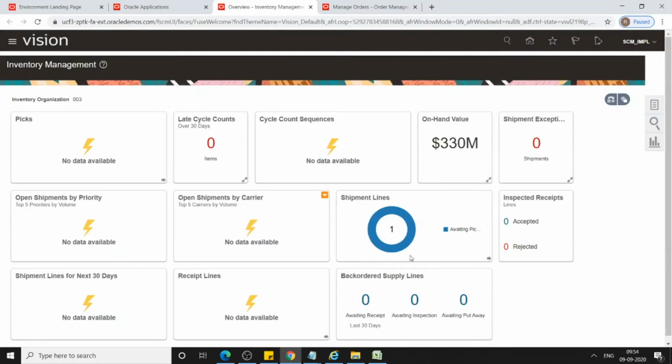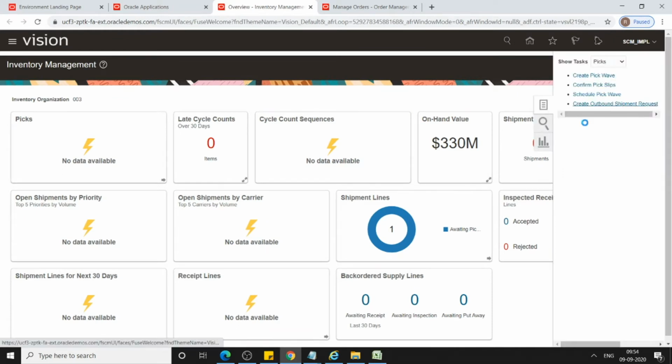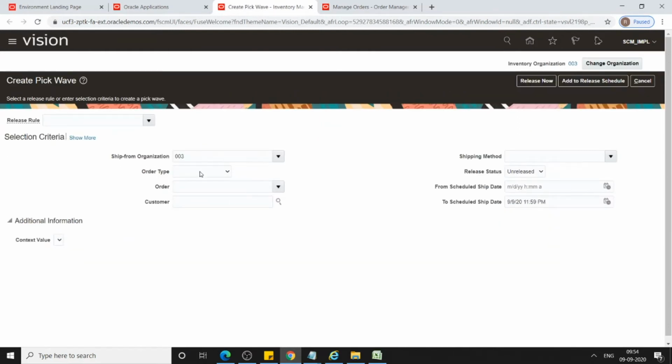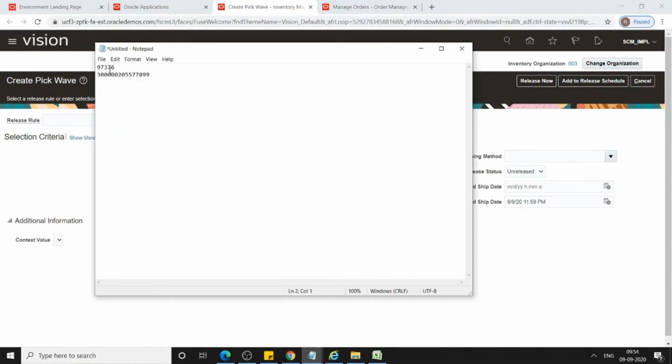Then it will go to inventory management again, no problem. Click on tasks, create pick wave. Here you have to select order type as sales order, and here we can enter the sales order number, which is 97376.